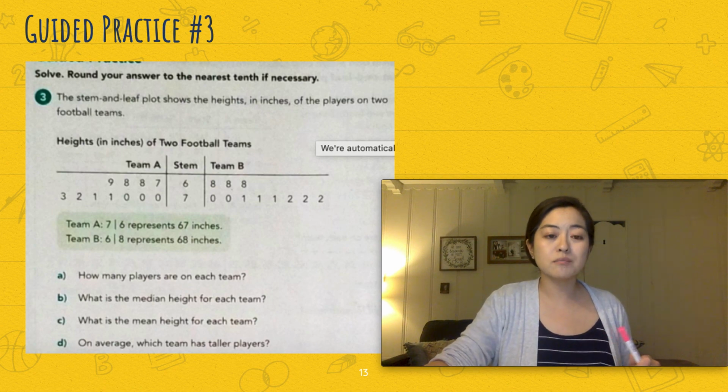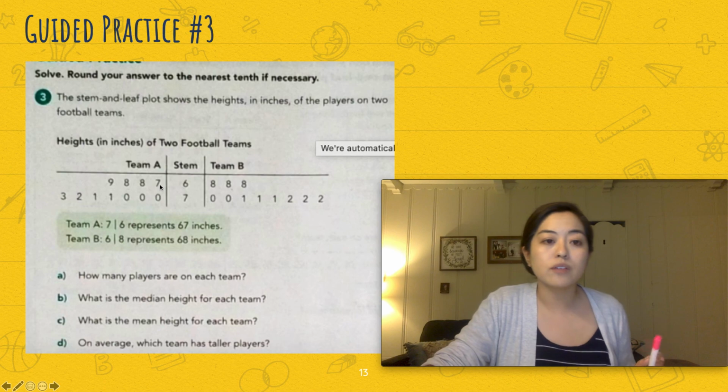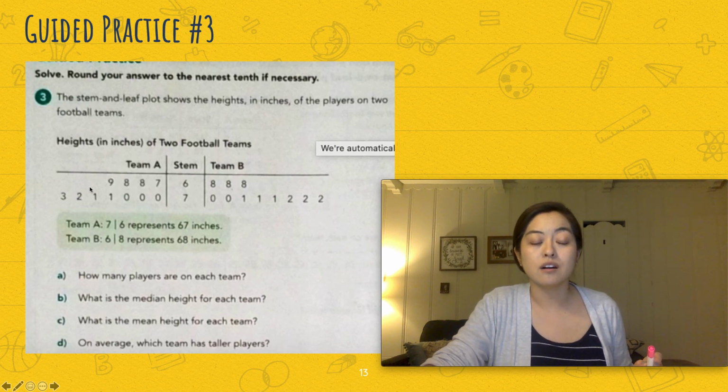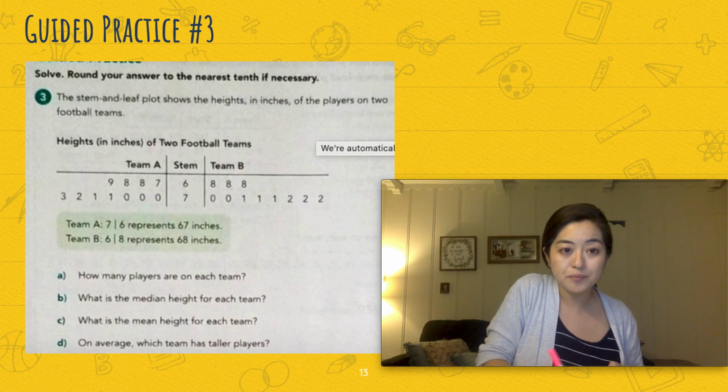B says, what is the median height for each team? Okay, now that I know that there's 11 players, that means my sixth value from the lowest to the highest will be my median. So let's go from lowest to highest for Team A. 1, 2, 3, 4, 5, 6. So this represents my sixth value. Okay, so that's 70